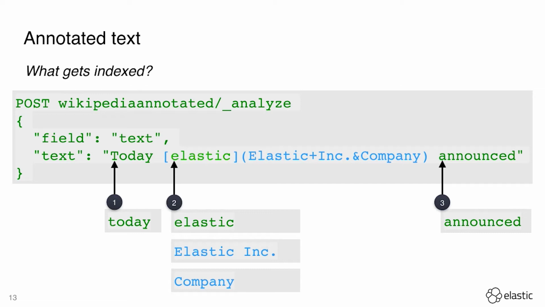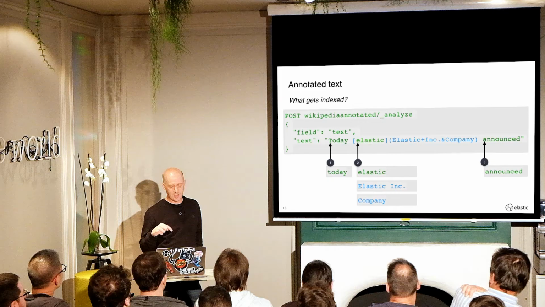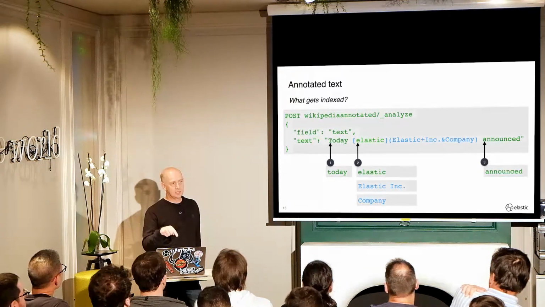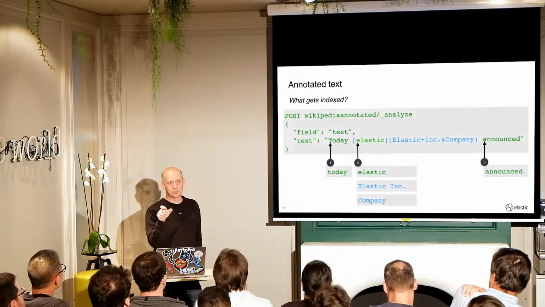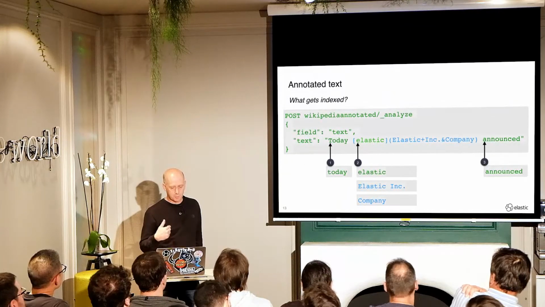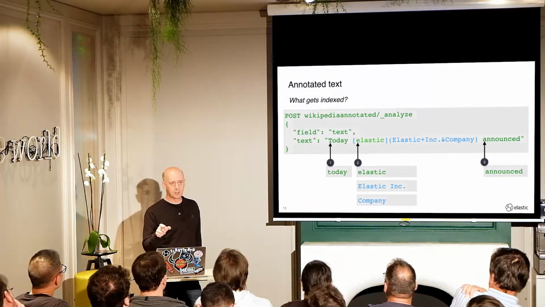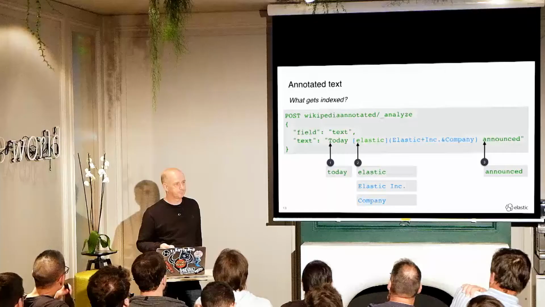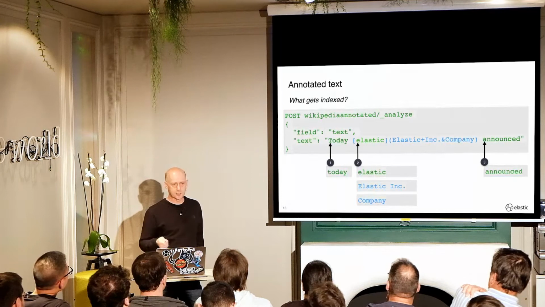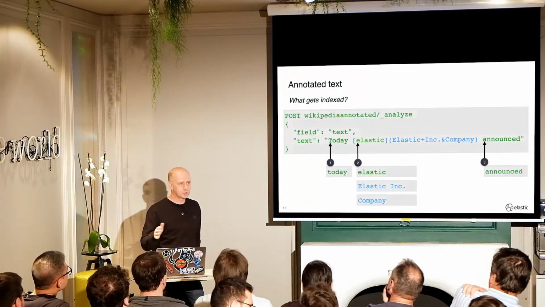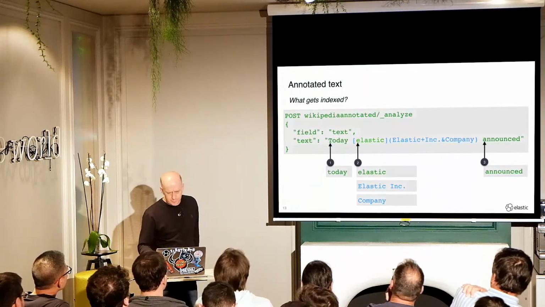But if you look at word position 2, we've added some extra tokens into the search index. We've added this structured data into the very point in the text where it belongs. So we can put Elastic Incorporated company, we could put the stock symbol in there, we can put whatever we like in there, and it exists at exactly the same point in the text as the free text word Elastic does here. So it's anchored in the text. Feel free to ask questions as we go along, by the way.